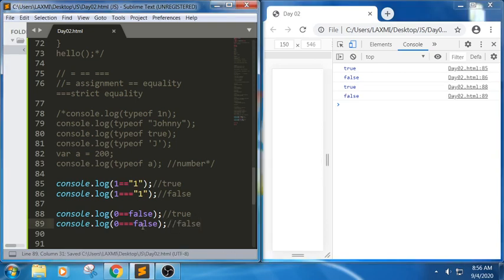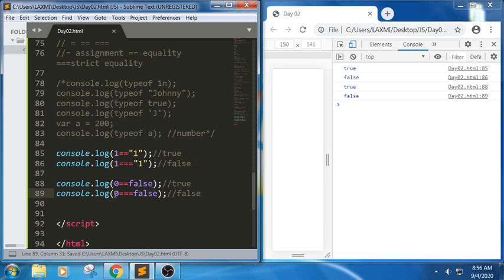Why? Because here it is a number and here it is a boolean value. With equality, the boolean value is converted into the format of a number, so it returns 0. It means indirectly it is 0 equality 0, whereas here it is 0 strict equality false.